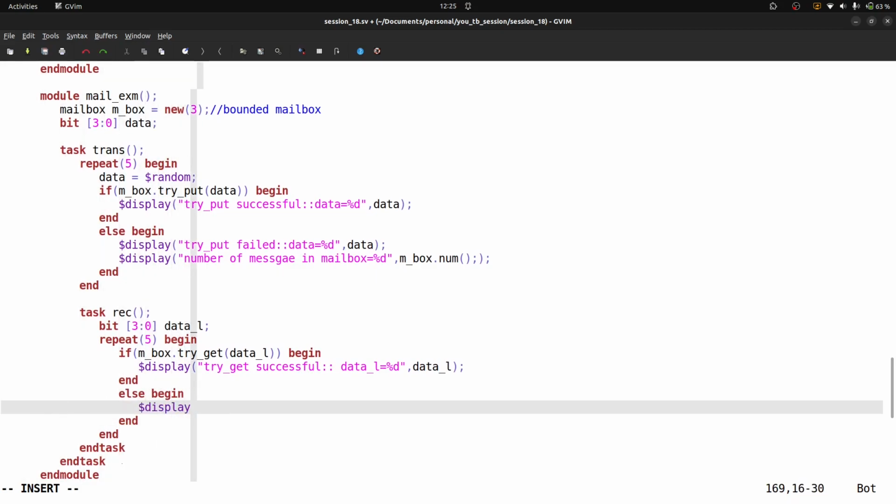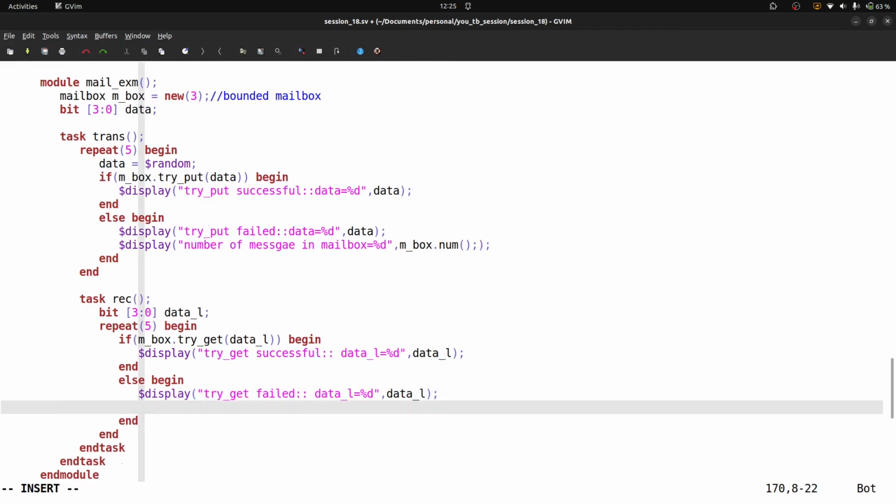$display try get field data_L is equal to %d, data_L. Also, if we want to print the message, $display, you can write over here